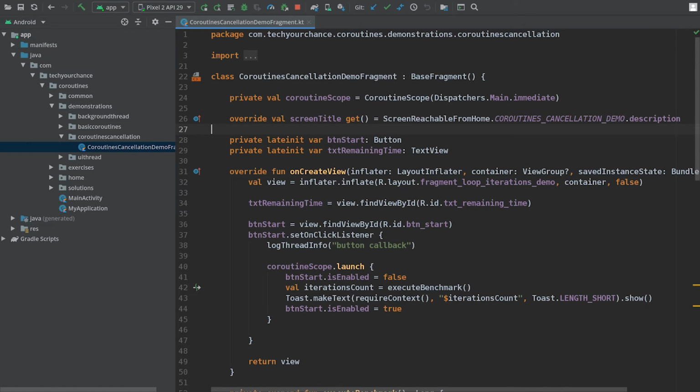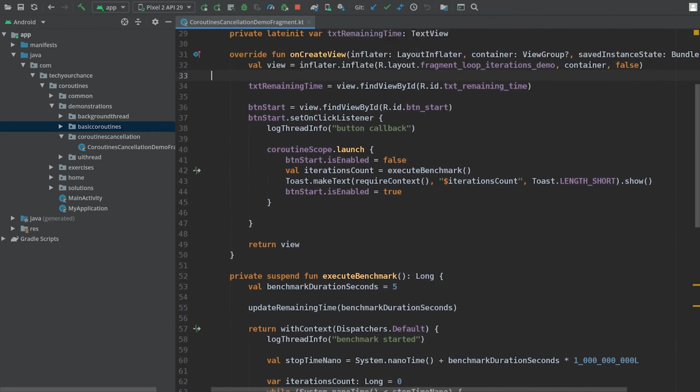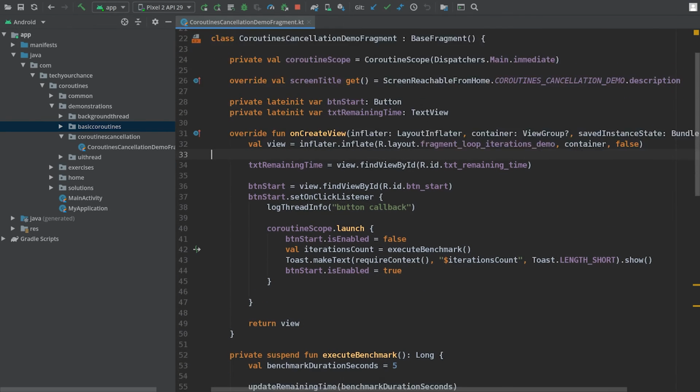Currently, this fragment is exactly equivalent to this basic coroutines demo fragment that I used a moment ago to demonstrate the problem. So I want to fix that problem. Basically, I want to make sure that when my application is backgrounded, nothing is active in the user interface part of my app. To achieve this goal, I need to ensure that after onStop method of this coroutines cancellation demo